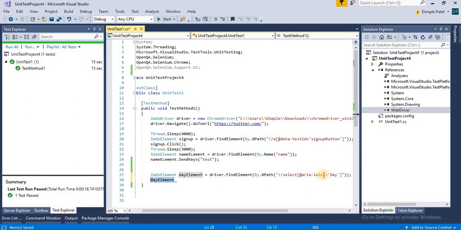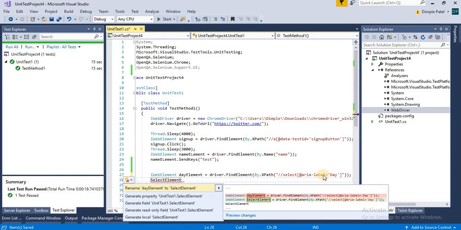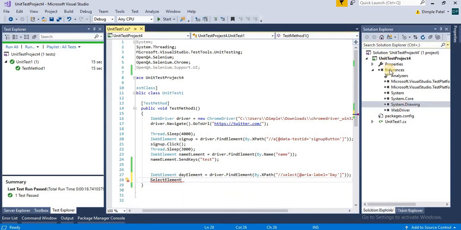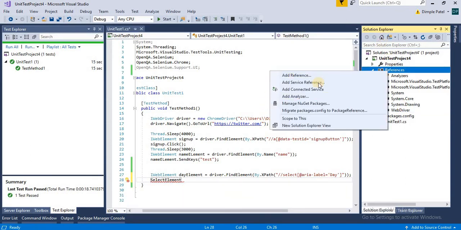So for selection, we have select element. We can see the suggestion, but we don't get any suggestion for the references. In many cases we are missing one thing, that is a reference of Selenium.